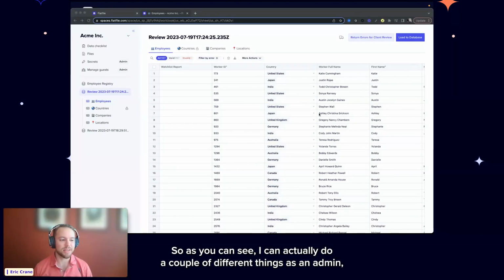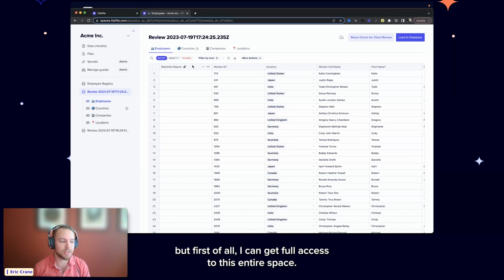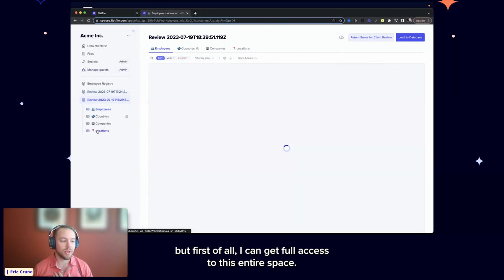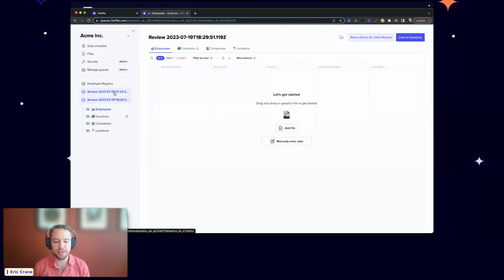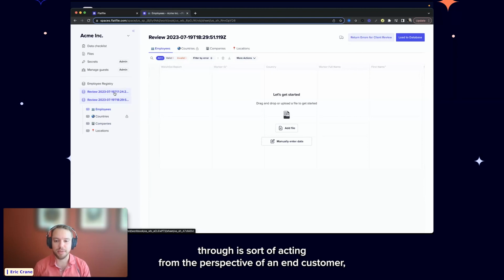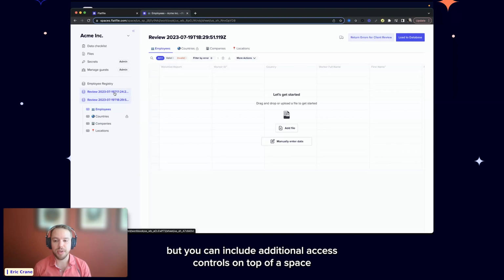Yep, thanks, David. So as you can see, I can actually do a couple of different things as an admin, but first of all, I can get full access to this entire space. In the demo that David was walking through, you're acting from the perspective of an end customer, but you can include additional access controls on top of a space that allows access to only certain data sets